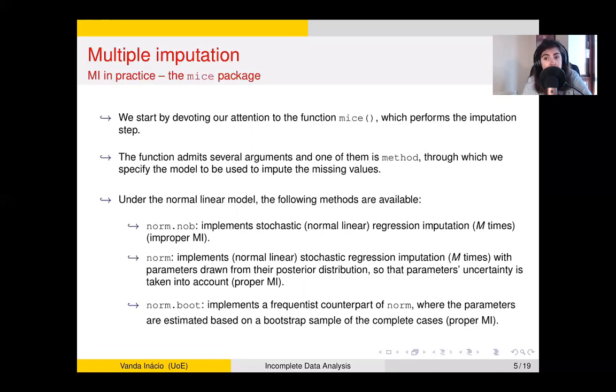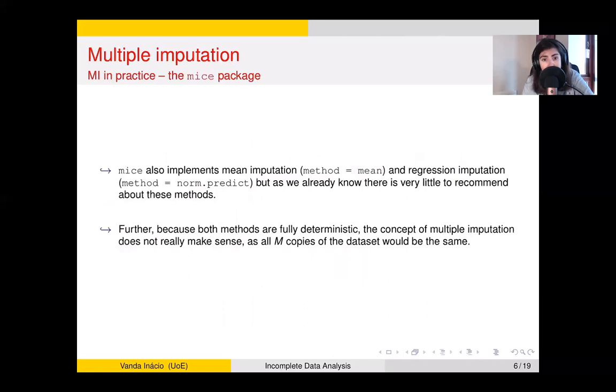And we take as many bootstrap samples as copies of the dataset that we have made. And so the parameters that we are using, the betas, the regression coefficients, and the estimated variance of the residual term, they are slightly different from dataset to dataset. And also, I think I should mention it also as method: the method equal to mean performs mean imputation, and the method equal to norm dot predict performs